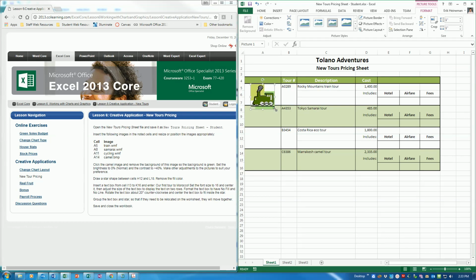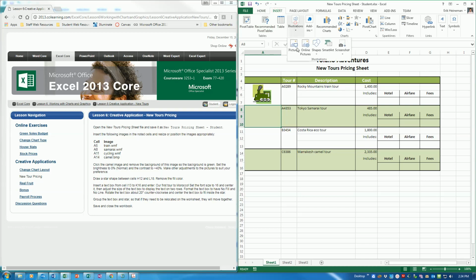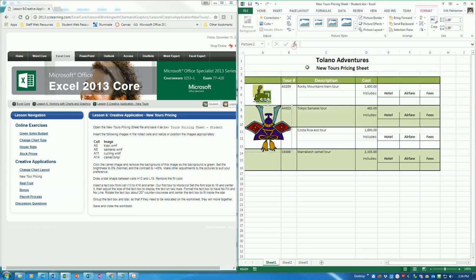So I'm going to position it kind of where I want it, and then we'll resize it just using the sizing handles there. And then I can put it kind of centered in there, and it's ready to go, and I can add the next one in here. The second one will be the samurai. I can also double click just to add things. So again, resize and move, place it approximately center,